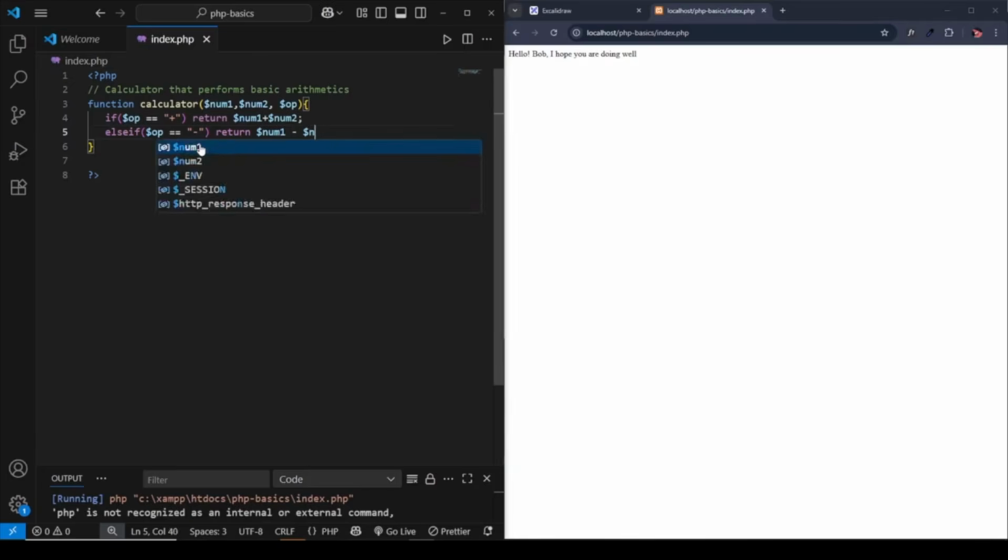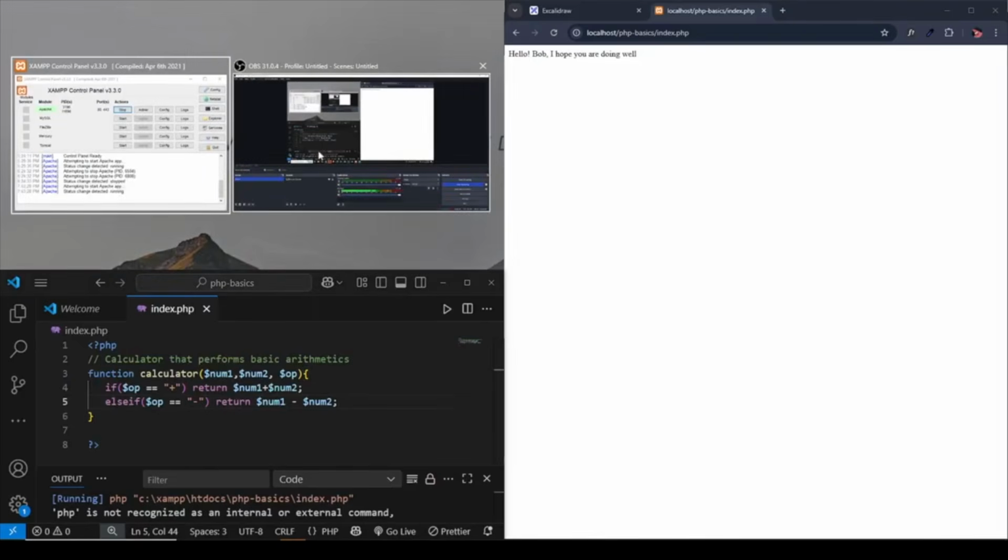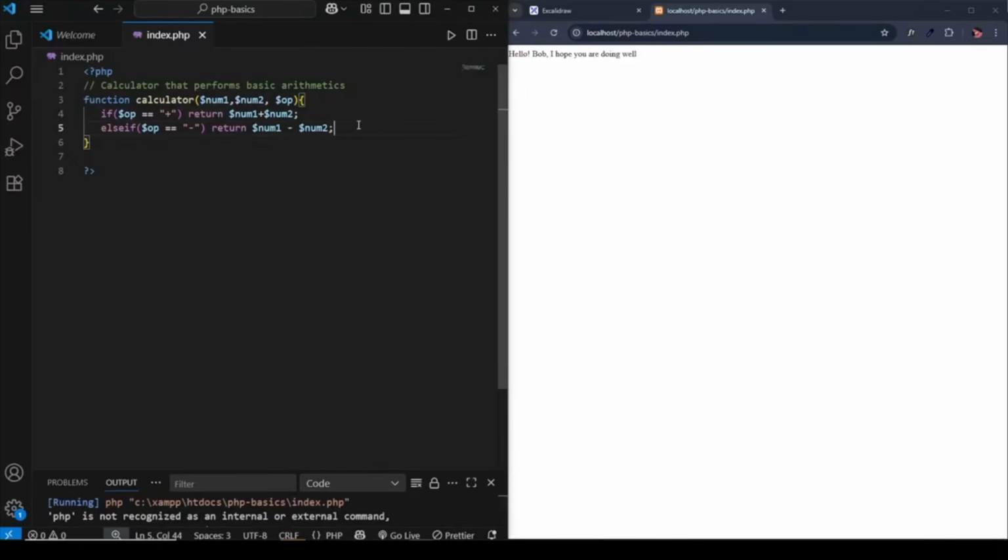minus num2. Now I'll copy this line about 2 times, one for multiplying and then one for division. So we'll just change the operators. If the operator is an asterisk sign, we will return the multiplication, so asterisk sign. And then for our division,